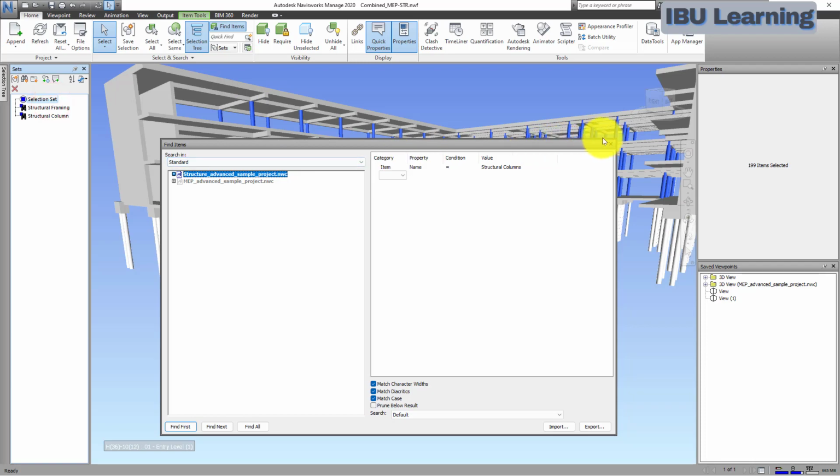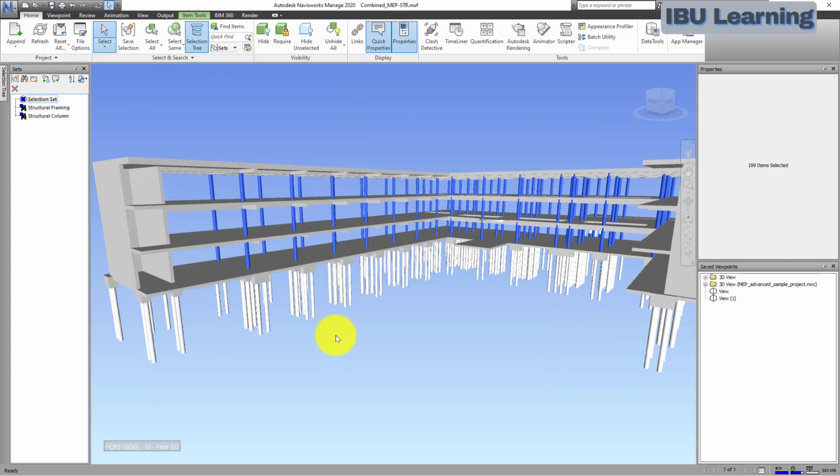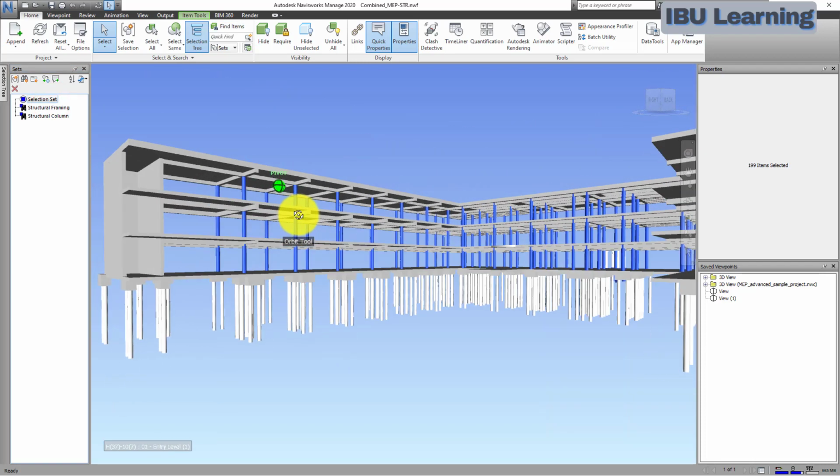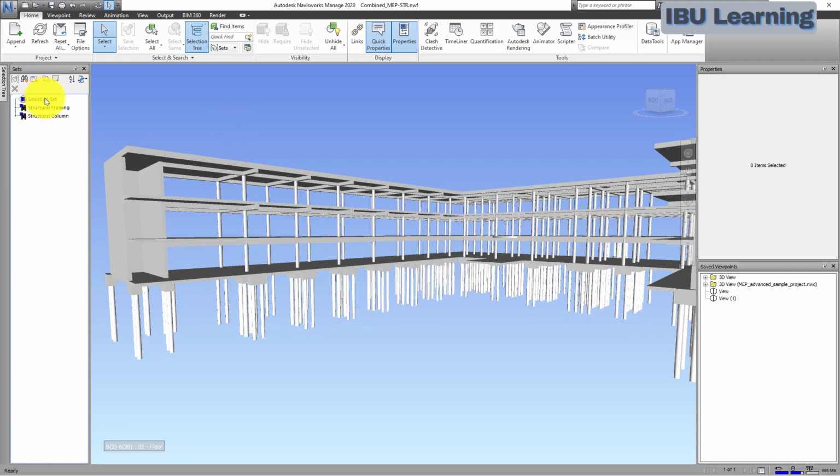This is the structural framing, and just go to check that. You can see here I just used that